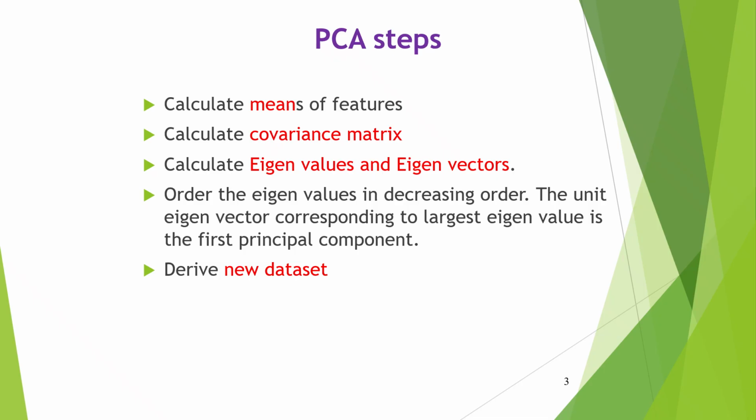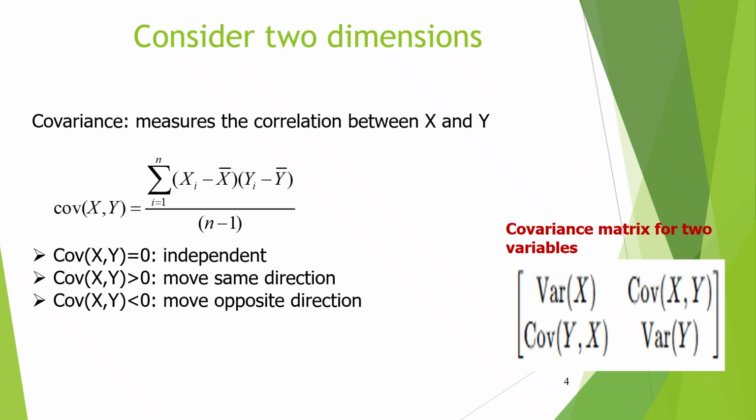And after finding the principal component, we can apply that to our dataset to derive the new dataset. For two dimensions or two variables, covariance measures the correlation between the two variables x and y. So the formula for covariance between two variables x and y is equal to summation of xi